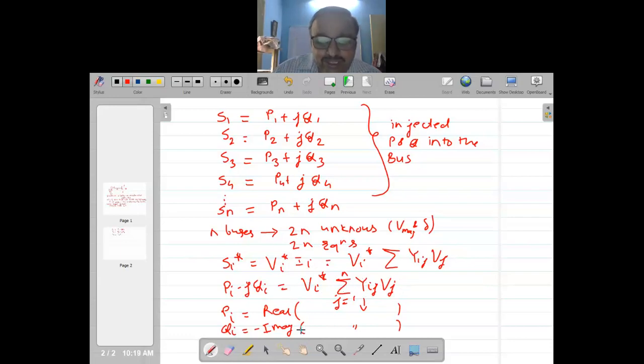I just wanted to again revise. So now for each bus we can write two such equations. So we have 2n equations, we have 2n unknowns, and mathematically there does not seem to be any problem why we should have a slack bus. Every bus can be a PQ bus as far as these equations go, because we have got 2n unknowns and 2n equations. So mathematically there should not be any problem.